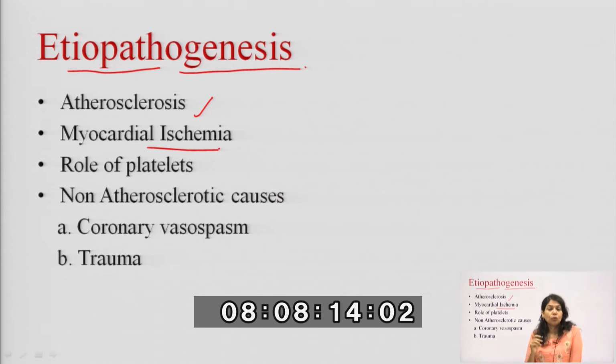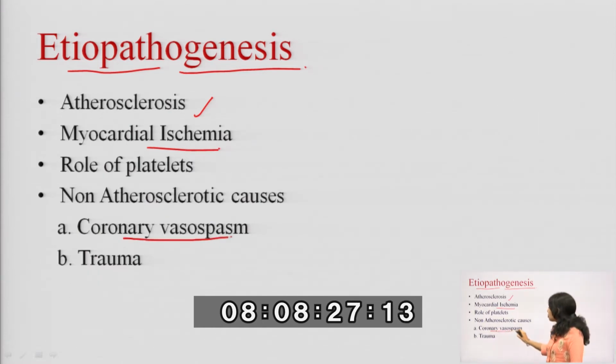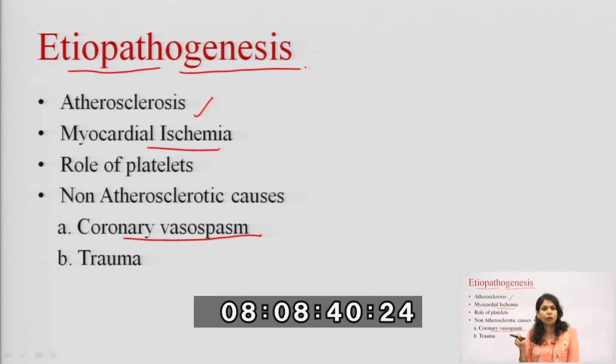Okay. So, the role of platelets is there, the continuous accumulation of the platelets may lead to myocardial infarction. Non-atherosclerotic causes, number one, is coronary vasospasm, where the coronary artery constricts. When there is constriction of the coronary artery, vasospasm, the blood supply reduces in that portion of the coronary artery. When the blood supply reduces, what will happen? It may lead to ischemic heart disease, and finally, the tissue of that portion of the myocardium is dead,